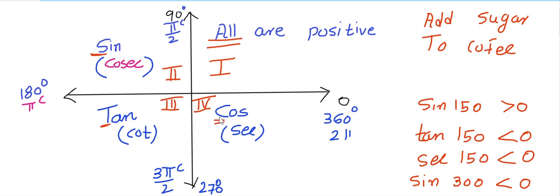Is this clear? So practice this. This is very important. In the first quadrant all are positive, in the second only sine and cosec, in the third quadrant tan and cot, in the fourth quadrant cos and sec. Alright, so just remember this. We will be using this in our further